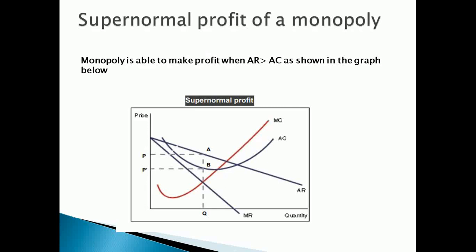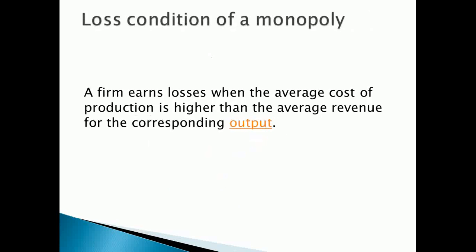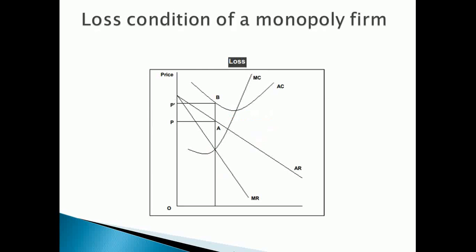In the short run, like we have mentioned, monopolistic competition can make a supernormal profit, and the supernormal profit is, as I've adopted in this graph, at that shaded point. They can experience loss in the short run when the average total cost is greater than average revenue, and in the long run they can experience what we call a normal profit, where the average total cost is equal to the price.